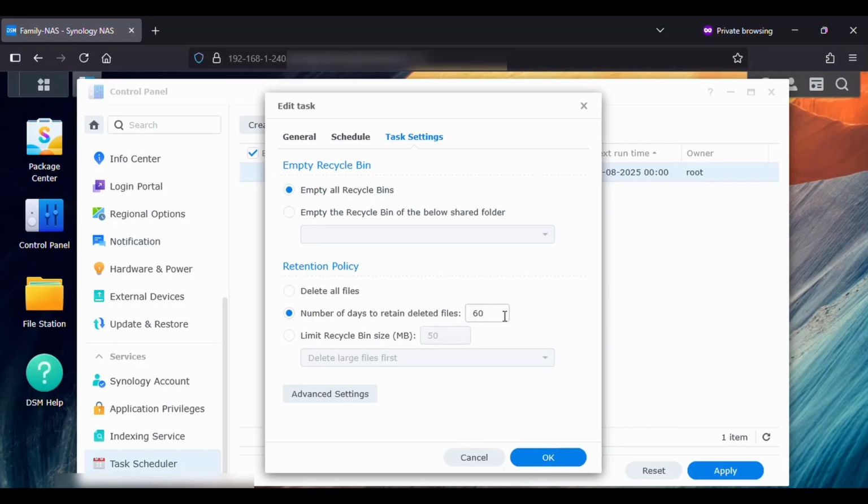I think there is enough space on my NAS device with the amount of disks that I have to retain any kind of deleted files for 2 months. Thereafter, they will disappear. They are gone. So if somebody accidentally deletes something and wants it back, they have 2 months to open the recycle bin and retrieve that. That's fine. You can change this to 1 year, but then do remember